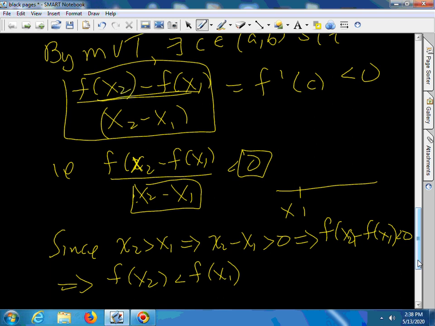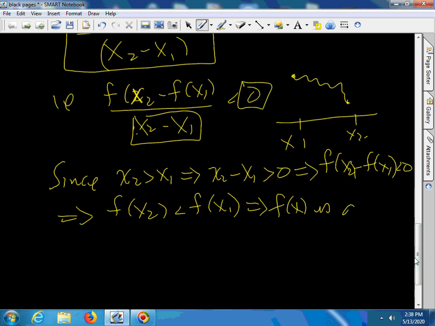Here's x1, here's x2. f of x2 is below f of x1. The function has to be decreasing. That implies that f of x is decreasing